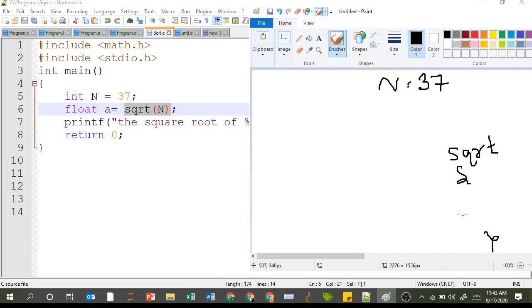So the code for finding the square root is already written somewhere. Now what you are trying to do in your program, as a developer or programmer, is just call this functionality. You are not writing the code by yourself. You are just calling this functionality, which is already defined somewhere, by passing this value n. You have to remember this name. In order to find the square root of a number, you just pass this number 37 to this particular functionality.